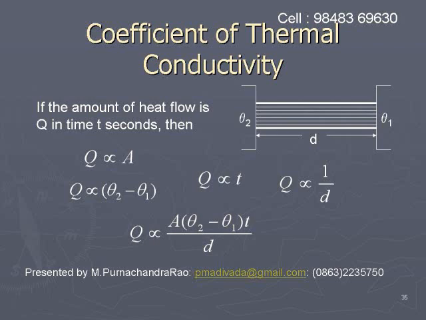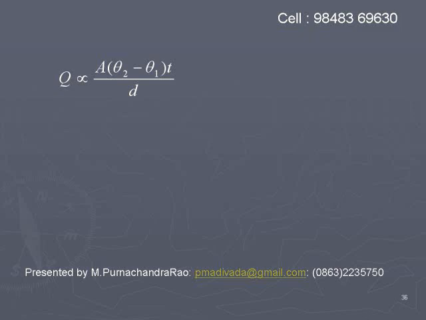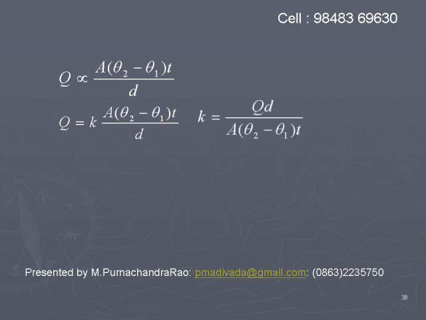Like this, the value of Q will be proportional. Q is proportional to A into (theta 2 minus theta 1) into T, divided by D. Let us suppose the proportionality constant is K. Then the relation becomes Q is equal to K into A into (theta 2 minus theta 1) into T, divided by D,